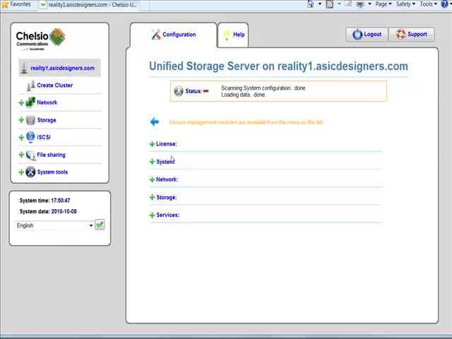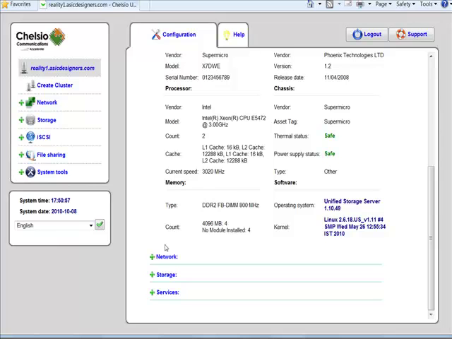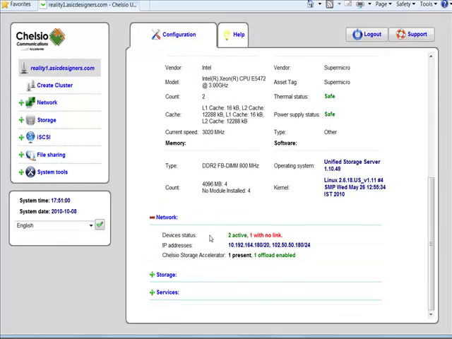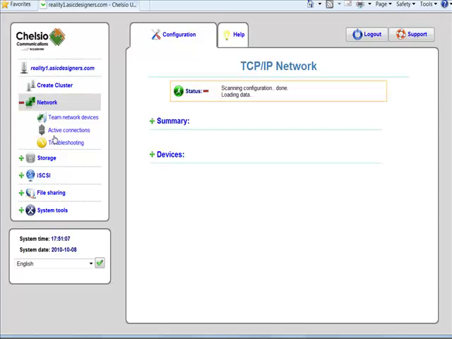It talks about the license here. System, networking, storage, and services all in one shot. So you can take a look at the system and the networking by expanding the plus signs. Let's continue. On the networking tab, there are a number of submenus, but here's a summary, and under devices, if